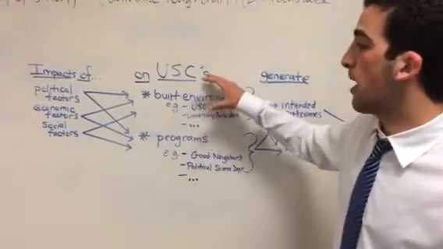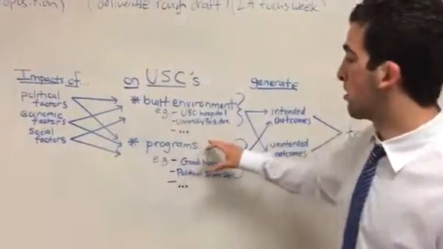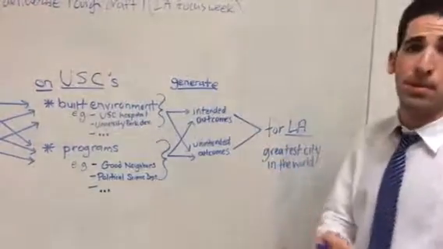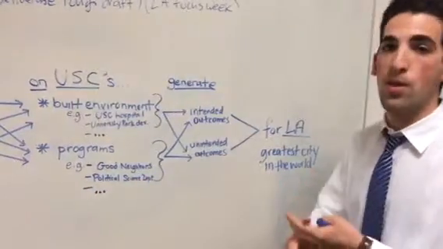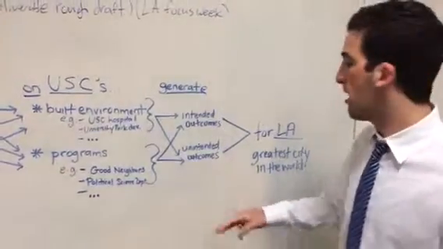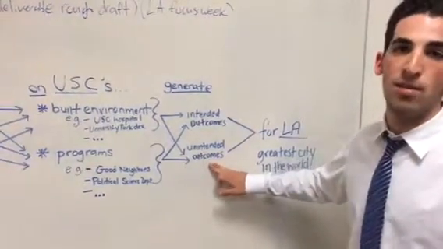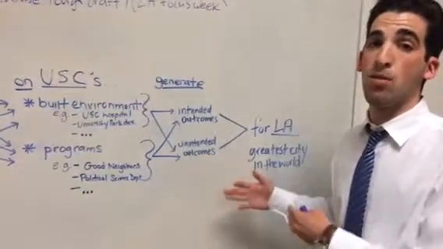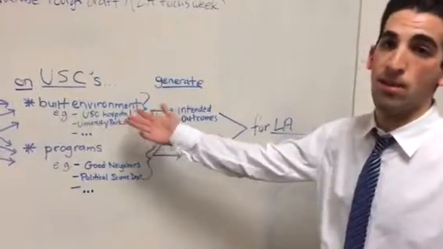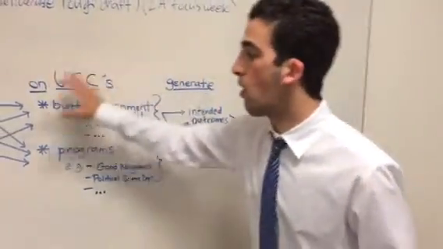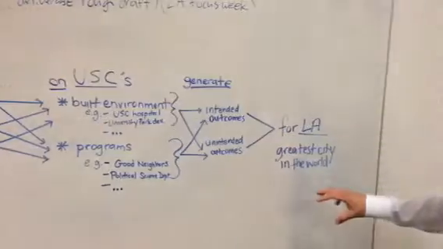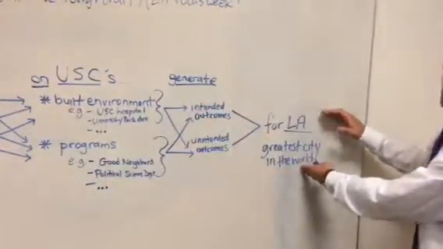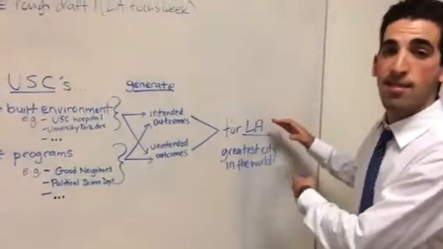The goal is, once we answer all of these questions, to determine what are the intended outcomes of the hospital, how many people are they serving, is it the only hospital in X amount of miles in the area, and then what are the unintended outcomes? So things that USC or the county didn't necessarily have in mind, but have resulted from the existence of the hospital in that community. And collectively, all of that information is supposed to let us know what is that piece of USC's impact on LA, on the community, on the city, etc.